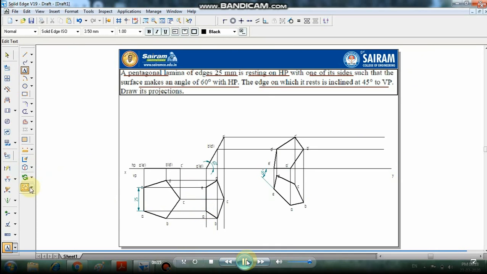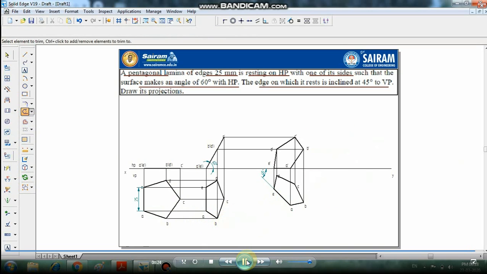Unwanted portions we have to remove with the trim command. Go for the trim option, select the external lines and projector lines, and now all the dimensions given in the problem are shown. Okay, so